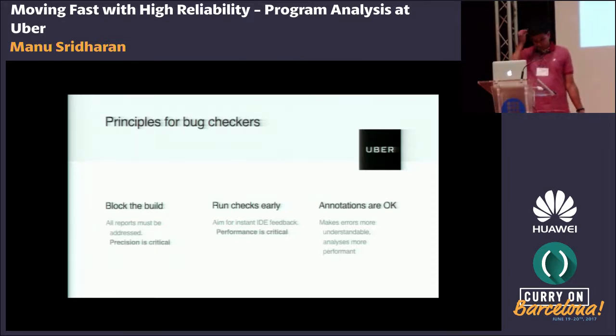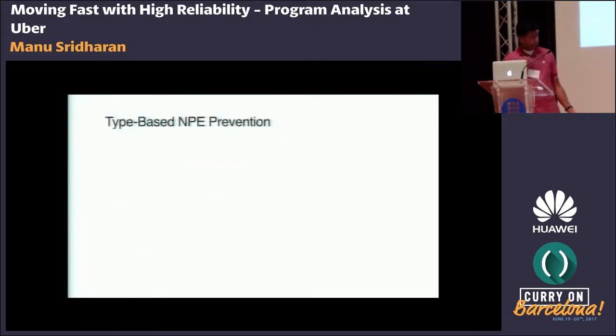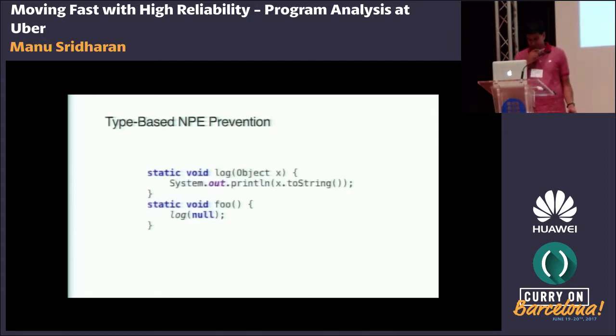If we can only incur a modest annotation burden, and we can really make the analysis work better, the development teams are very open to requiring annotations if the properties we're trying to prove are very important. And so this leads into how we do null pointer checking in our Android app, which is a type-based approach, which I'll illustrate briefly with an example.